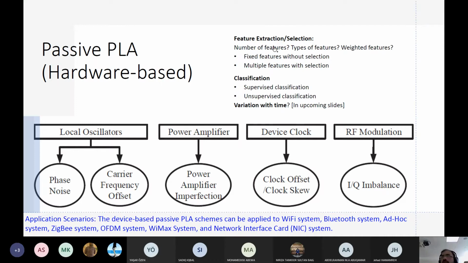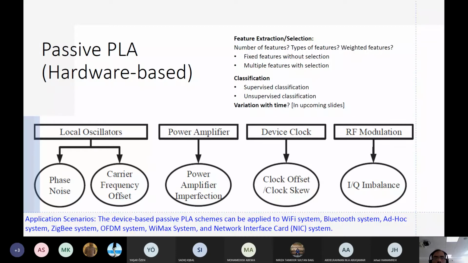So this can be a very interesting work. If you see the literature, some works focus on cyclic frequency offset, one feature, two feature based authentication, three feature based authentication, four feature based authentication. They select the best feature and use them for authentication. In some works they give more weight to one feature compared to another, because they realize this feature is more robust. They use the feature that is more robust.